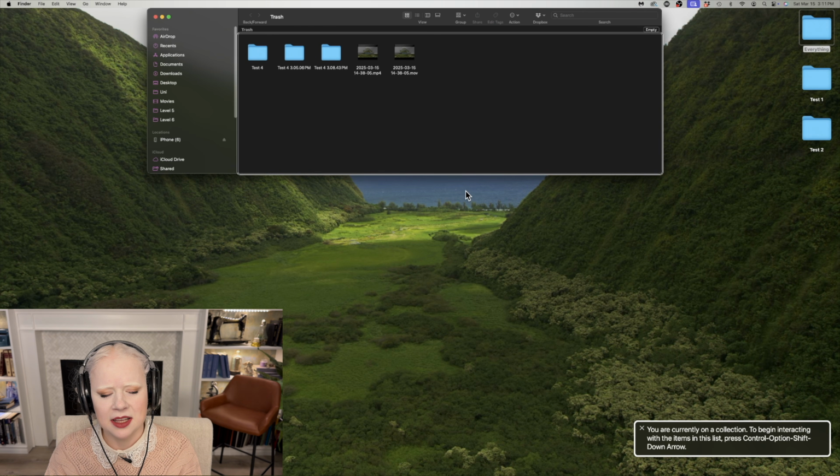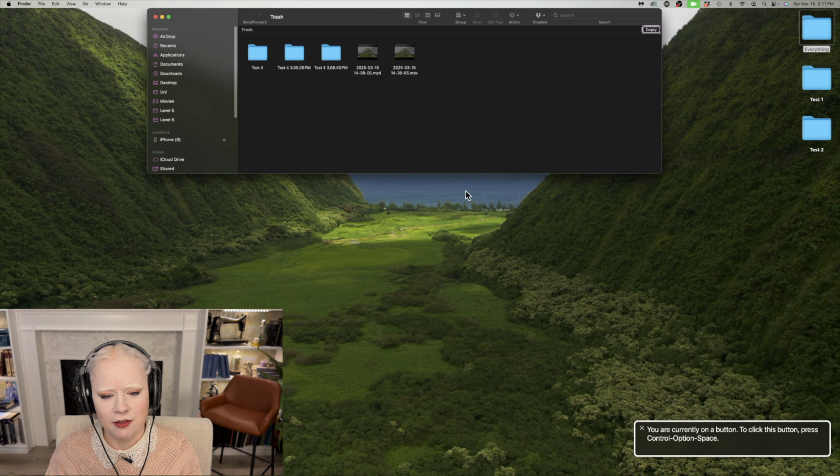The trash window is identical to every other folder and Finder window. However, it has one additional button. If you navigate one to the left of your icon view, you will encounter the empty trash button. Empty button. You are currently on the button. If we select that,